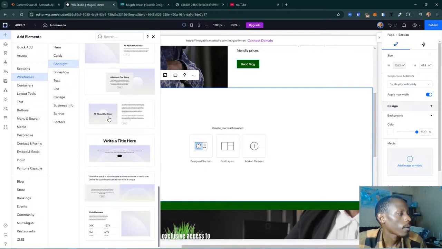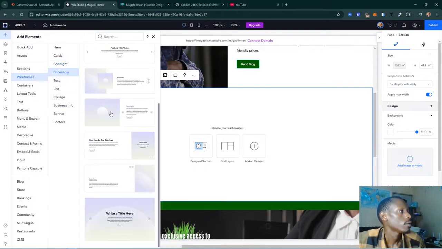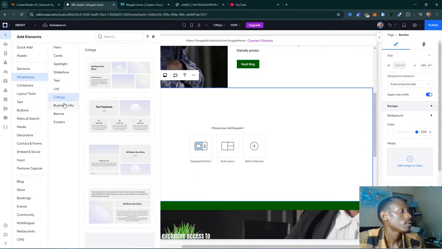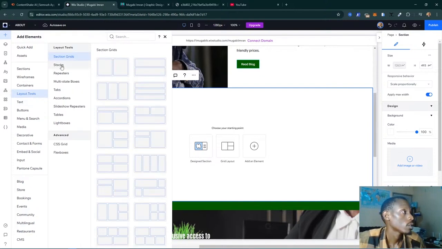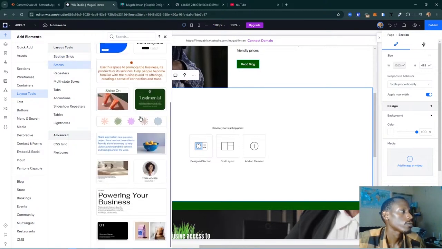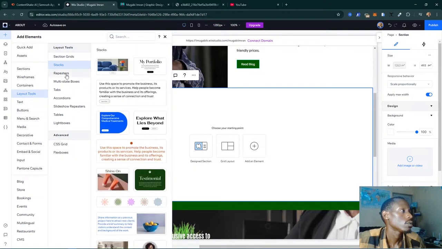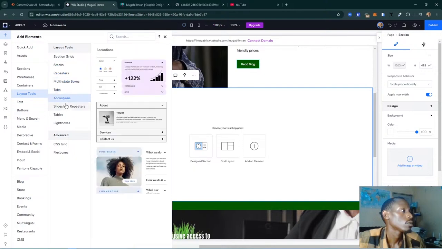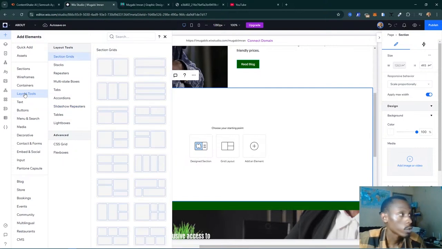So this might work. Depends on what you're looking for. Also, you can check out the layout tools. There are some section grids that you could apply. Now, for example, in our case, you might want something like this, but you can resize all these. Let me first check out. Okay, so let's go to layout tools and go to section grids and choose this one,